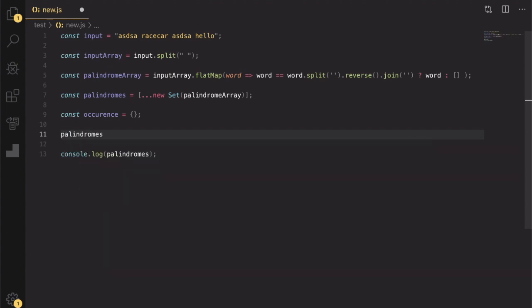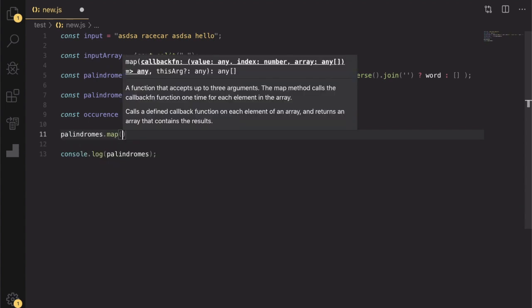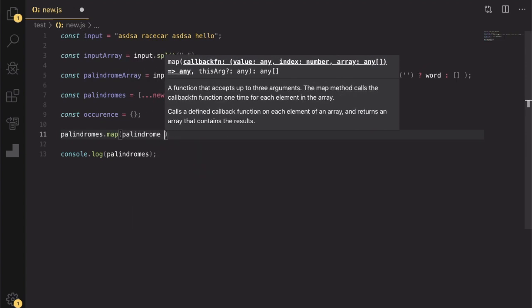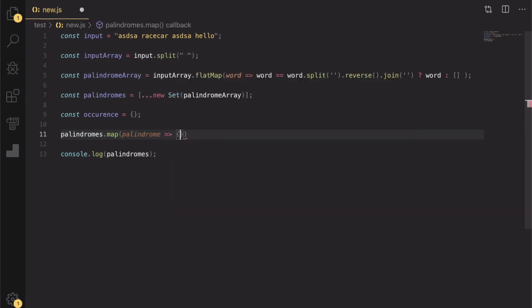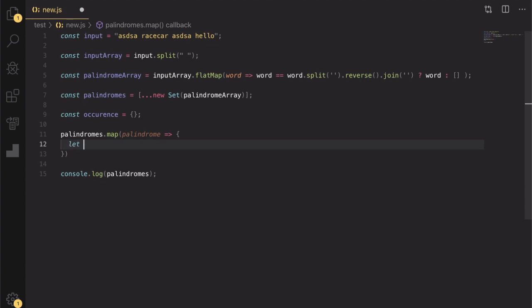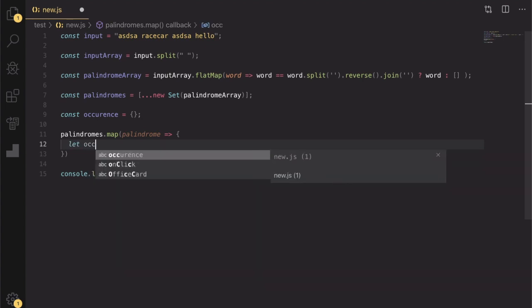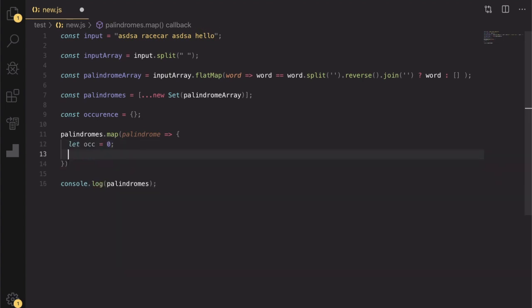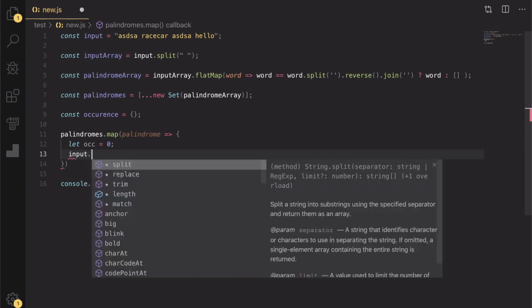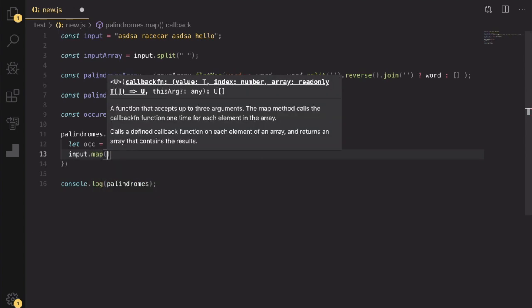So palindromes dot map palindrome, and let occurrence equals 0, so it doesn't appear. And I even want to iterate over the original array, so input dot map